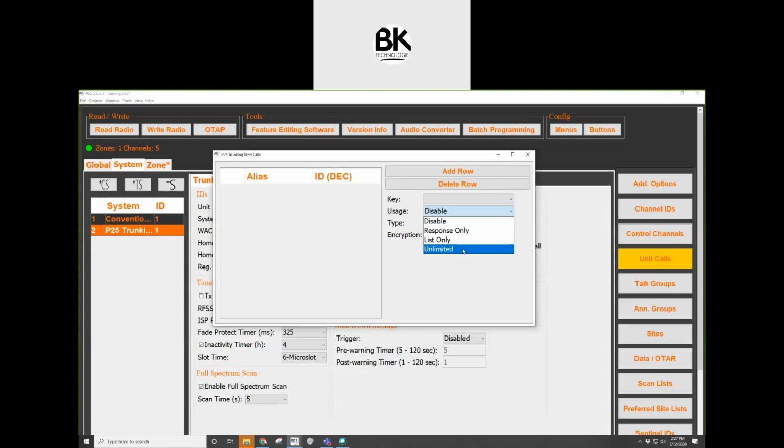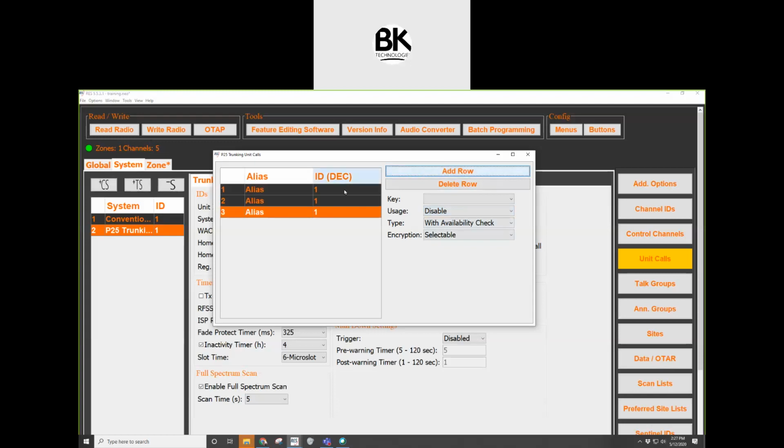If you are working with a tier 2 radio, one that doesn't have the full 12-digit keypad, you're going to need to give them list only so that they can pick from a list instead of typing it in. But that's not the only use for this table, because keep in mind, we can have different IDs calling into us. And instead of displaying the unit ID number, we can have it display things that are important to us, that we want to know. So we can have it let us know that dispatch is calling us instead of 10001. Or we can have it let us know that chief is calling, or if we have a registration number, we can have it tell us that, vehicle, we can say like brush truck